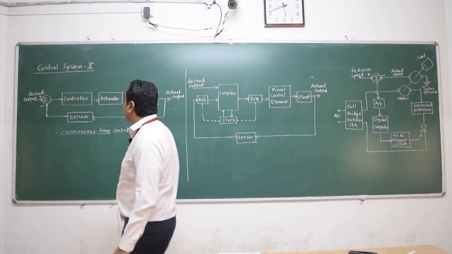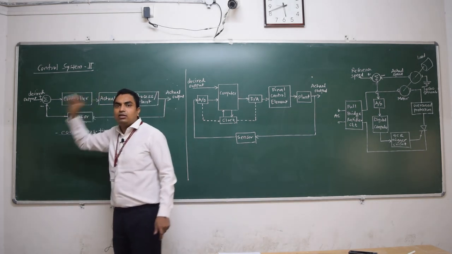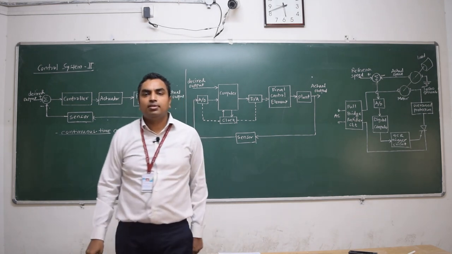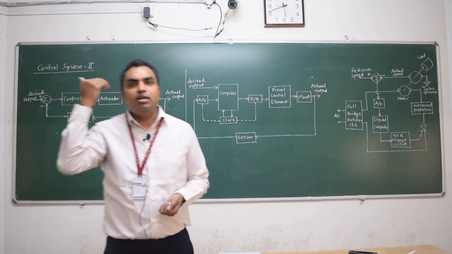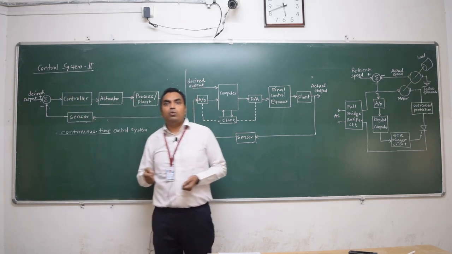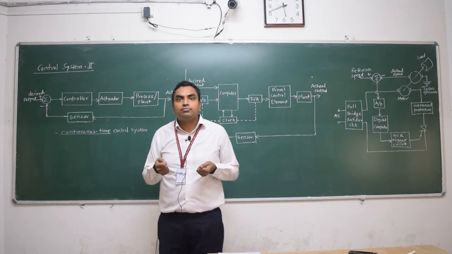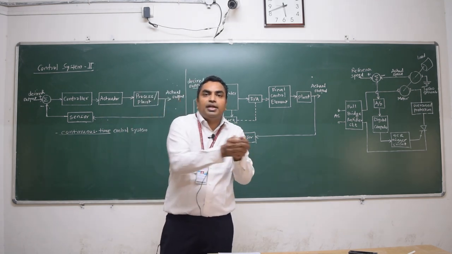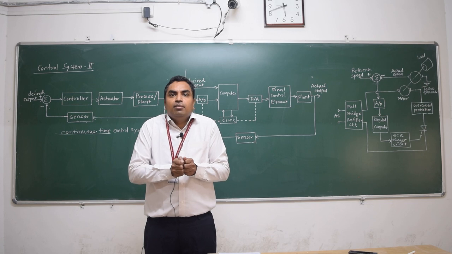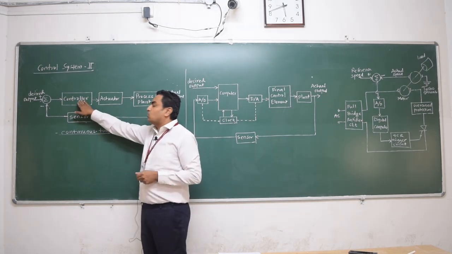After that, I need to have a controller. What is the controller in my case? The controller in my case is my brain, which is going to sense the signal, that I need to take a right turn, I need to take a left turn, I need to decrease the speed, right? So the brain is the controller in my case.